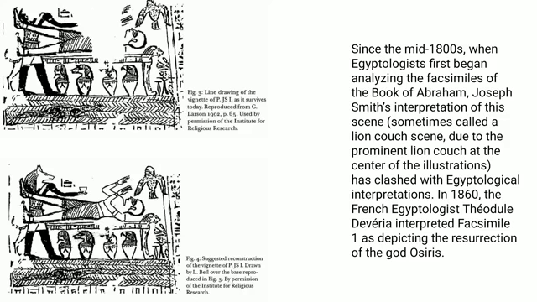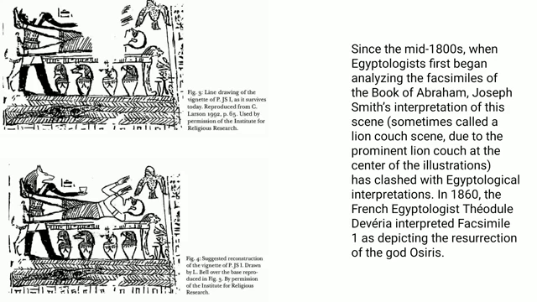Since the mid-1800s, when Egyptologists first began analyzing the facsimiles of the Book of Abraham, Joseph Smith's interpretation of this scene, sometimes called a lion couch scene, due to the prominent lion couch at the center of the illustrations, has clashed with Egyptological interpretations. In 1860, the French Egyptologist Theodule Devéria interpreted Facsimile 1 as depicting the resurrection of